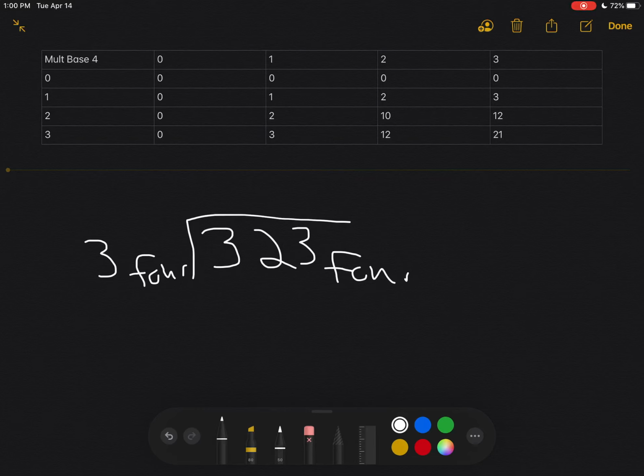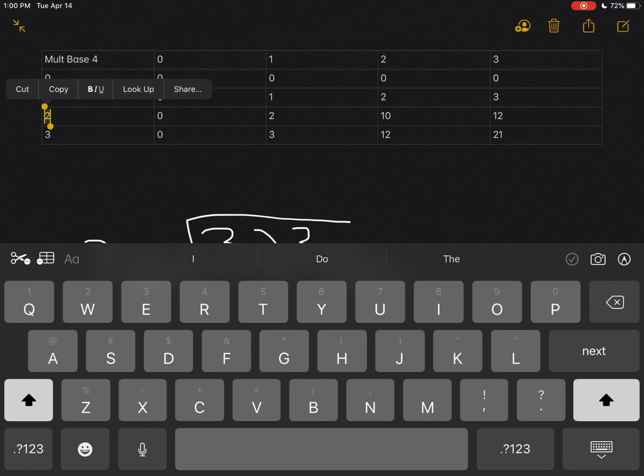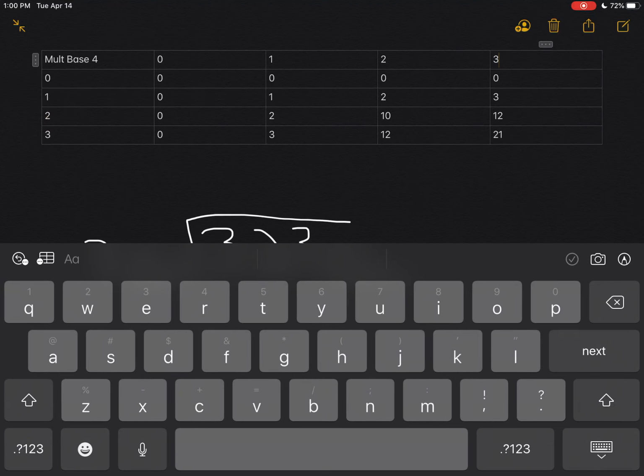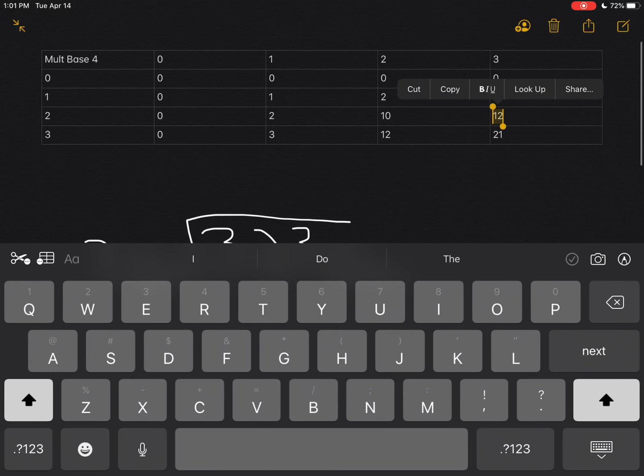I'm going to do this division problem, and what I have to help me is a multiplication table. Since I'm working in base 4, I have that multiplication base 4 table up at the top. If you remember how a multiplication table works, if I want to take 2 times, say, 3, I go across the row for 2 and down the column for 3, and I see that that